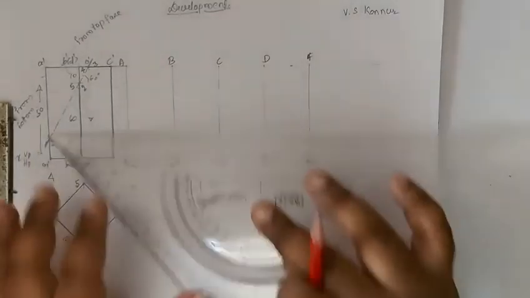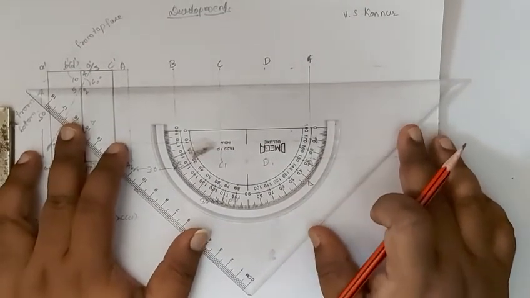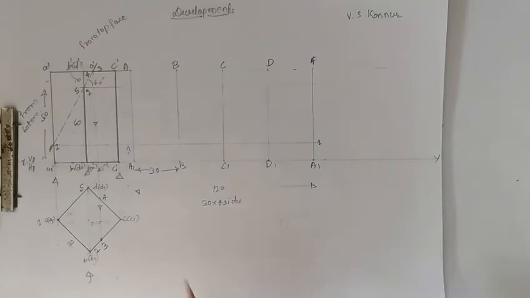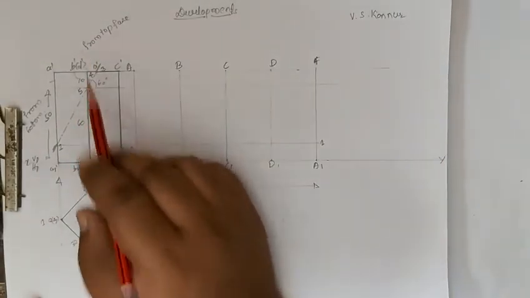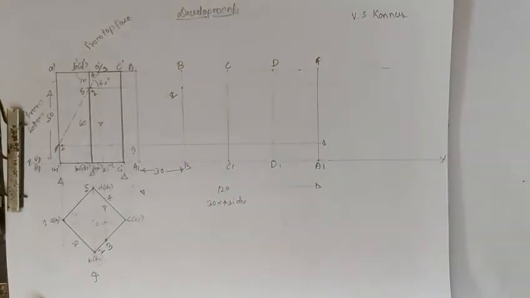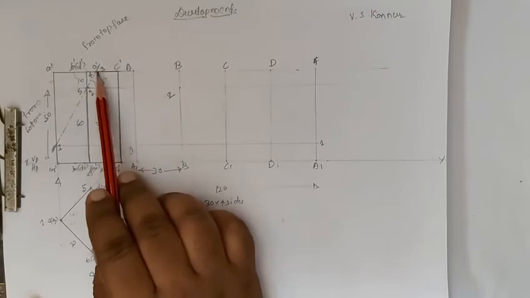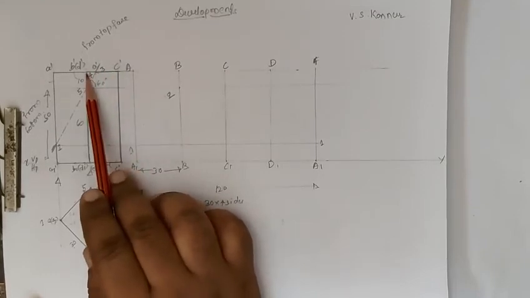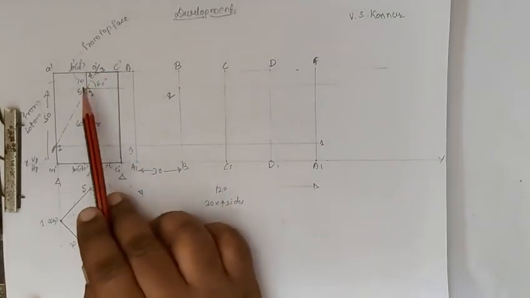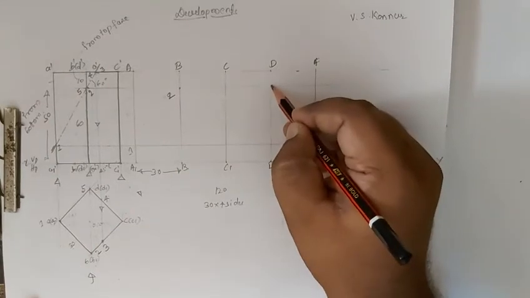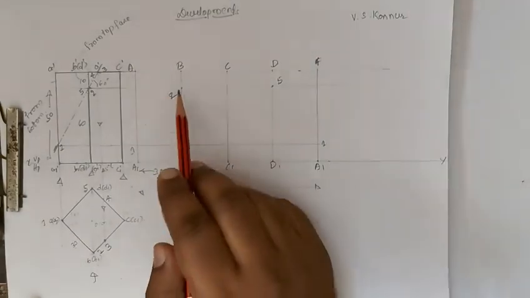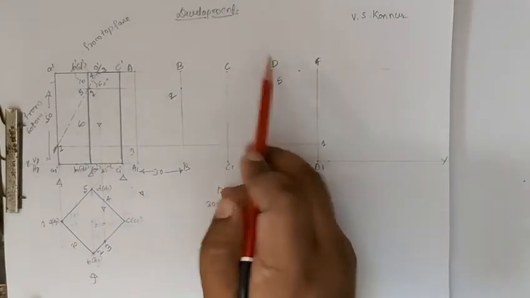Number 2 is also on vertical line. So we'll draw here also. This is on BB1. So BB1, here we will get number 2. Next, third point, it is on C to D, or it may be on B to C. 3 and 4, leave as it is. Fifth point is on DD1. Here we will get fifth point. On this intersection, we will get fifth point. In between B to C and C to D, we will get 3 and 4.